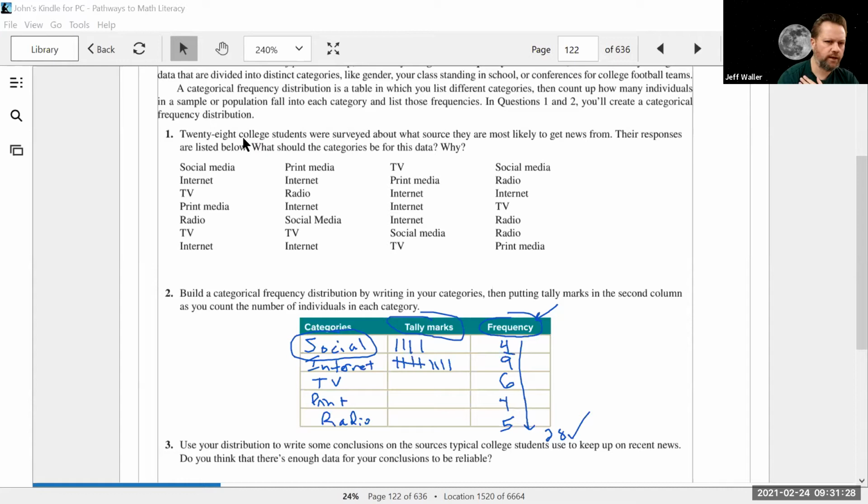We got a sample of 28 college students. Did they tell us how they picked them? Did they tell us how they picked the 28 students? No. It could be their friends. So if this is trying to say something about all college students, we don't know how they pick them. 28's kind of on the small side, right? In fact, most of the time when you see a good statistical analysis, they're using around 1,000, 2,000 responses. That's normally considered a good sample size to make broad